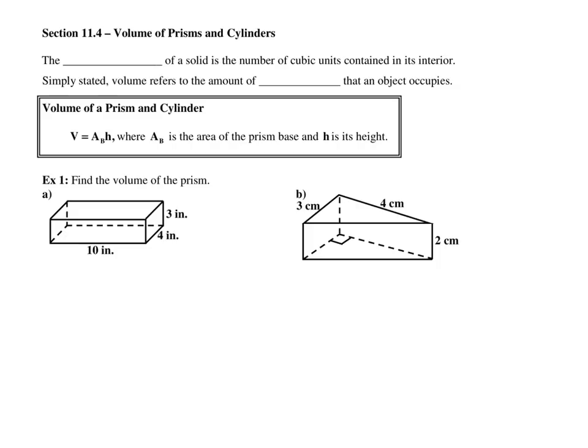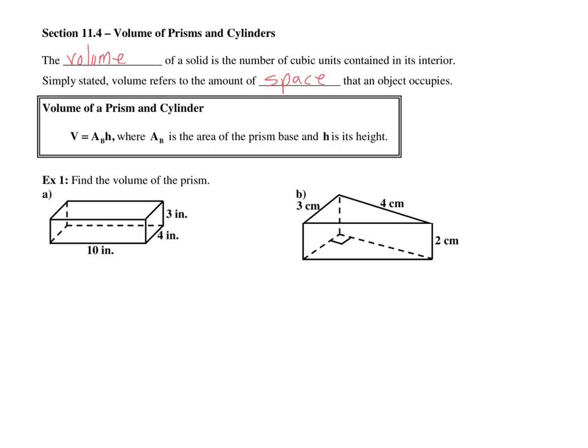Starting lesson 11.4, volume of prisms and cylinders. Now the blank of a solid is the number of cubic units contained in its interior. That would be the volume. So we're talking about a three-dimensional quantity. Now simply stated, volume refers to the amount of space